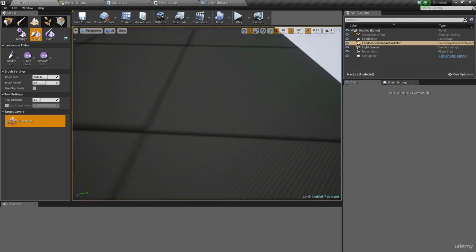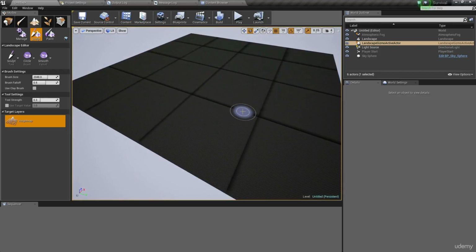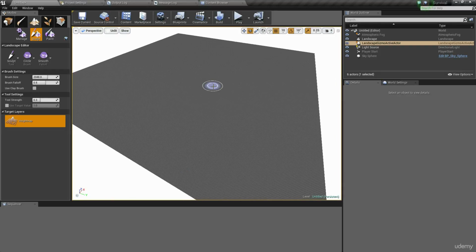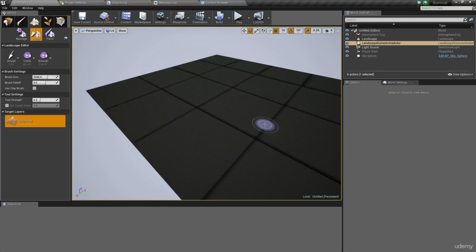These black lines are the result of us not having built lighting yet. If I was to view this in unlit mode, you can see that there are no black lines. They're purely temporary until we have lighting in place. Now, I actually don't want to go any further without doing that, so I'm just quickly going to go back